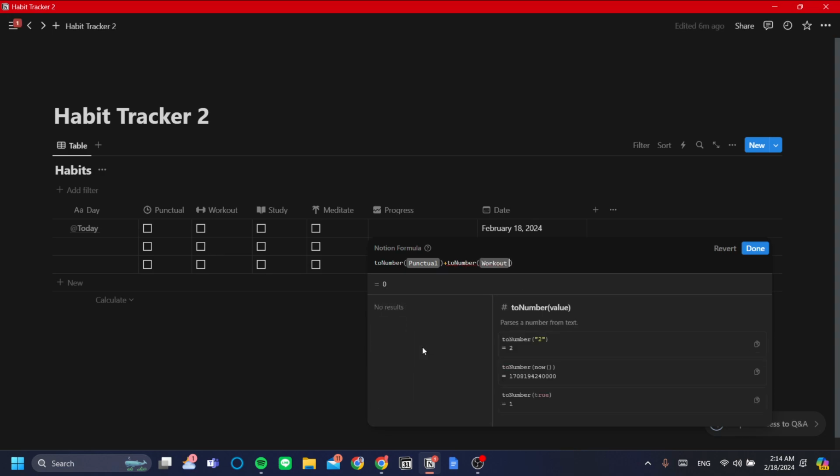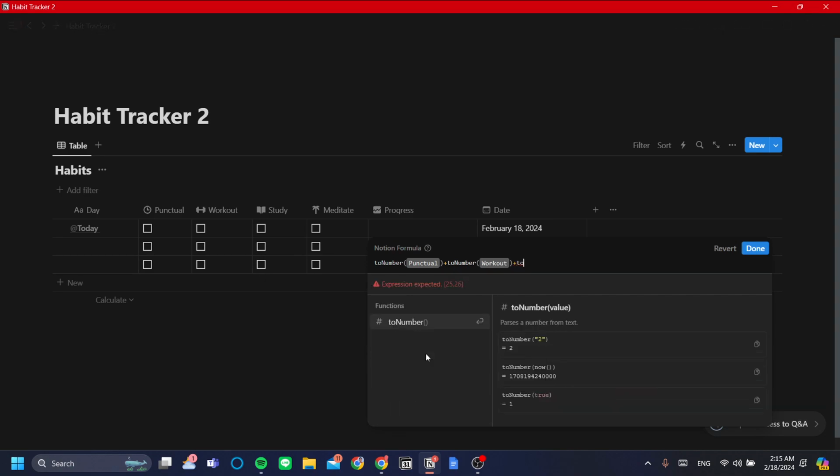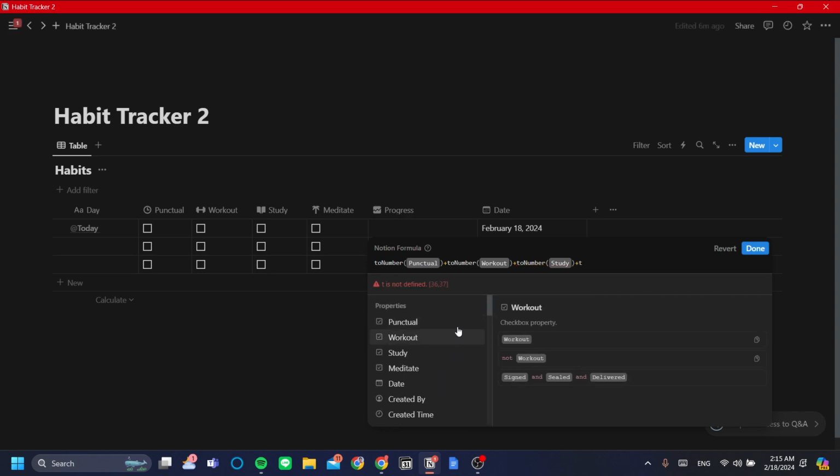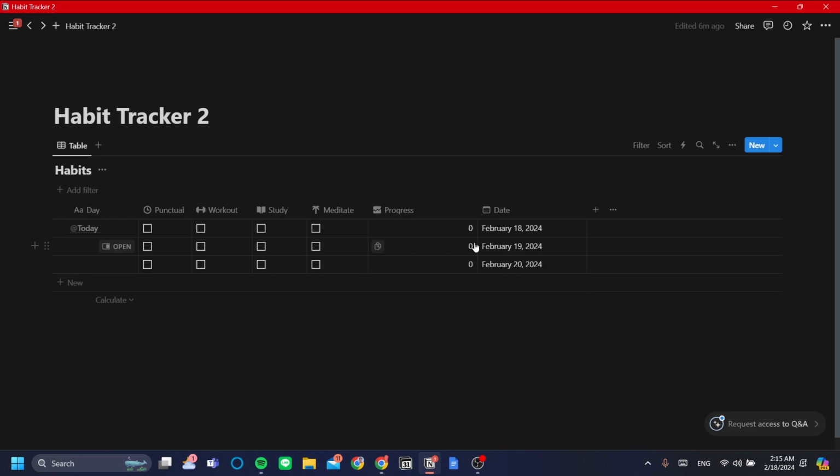workout. All right, so let's add all of our habits here. toNumber study, and lastly toNumber meditate. toNumber meditate. All right, so now once that's done, as you can see now, I have my progress property